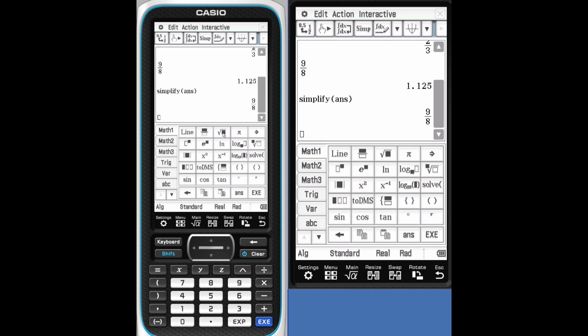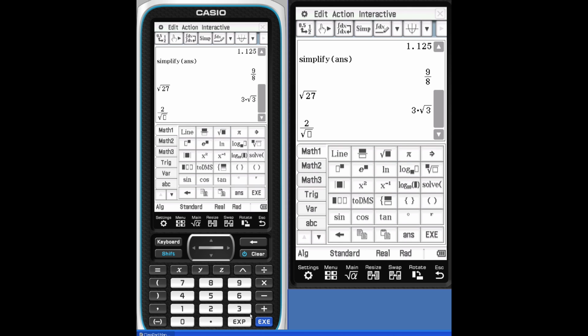Let's try something else. Tap in a clean area, square root of 27. The calculator does have a computer algebra system, which means it allows you to solve algebraic expressions. It also simplifies things like the square root of 2 over 3. We'll give it to you in a nice natural display.